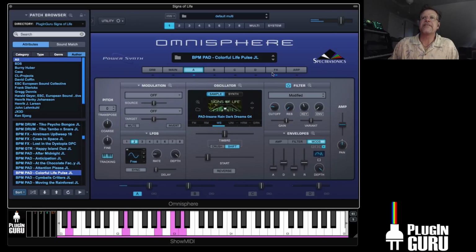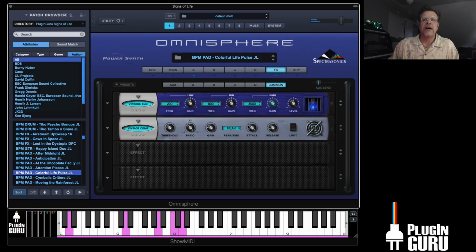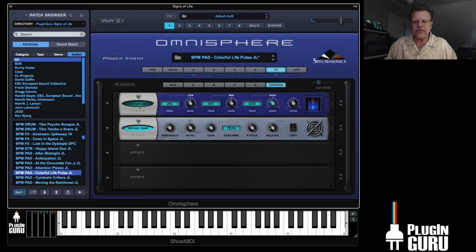And some of these, let's see if this is one of those. Yes, this is one where if you don't have the EQ, one cool thing with Omnisphere is that any parameter, even in the effects, can be automated, including the gain of effects. So I have the high frequency down at 3K, so the whole range is pretty much being modified by,